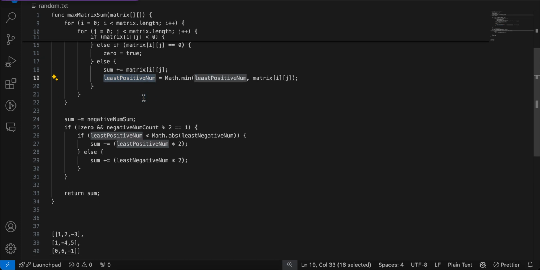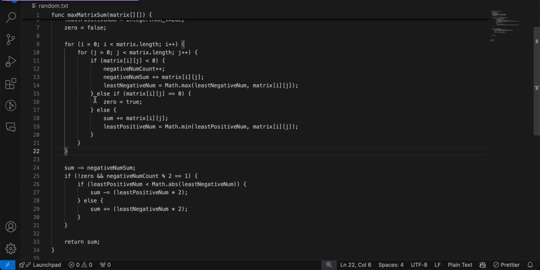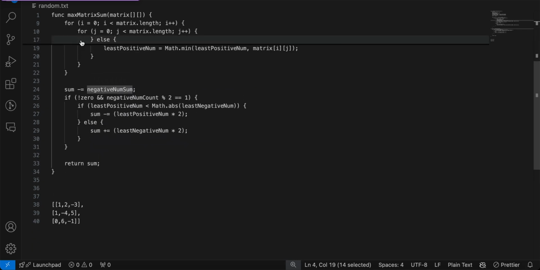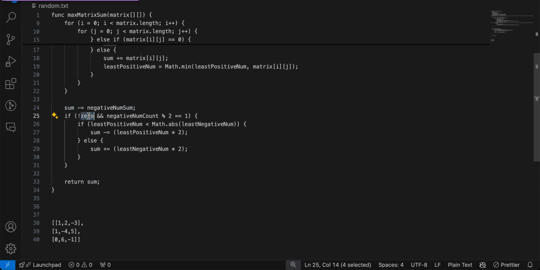Okay, once the loop ends, by this time we have the sum of all the positive numbers and all the negative numbers. First we will add the negative sum to the positive sum. Minus of minus is plus only, so we are adding the absolute negative sum to the positive sum. Then we check: if there is no 0 present and we have an odd number of negative numbers,